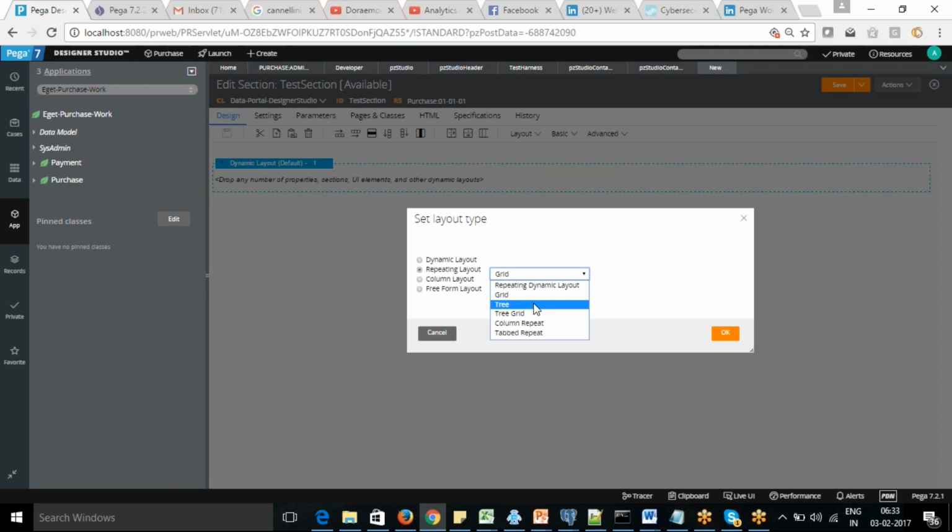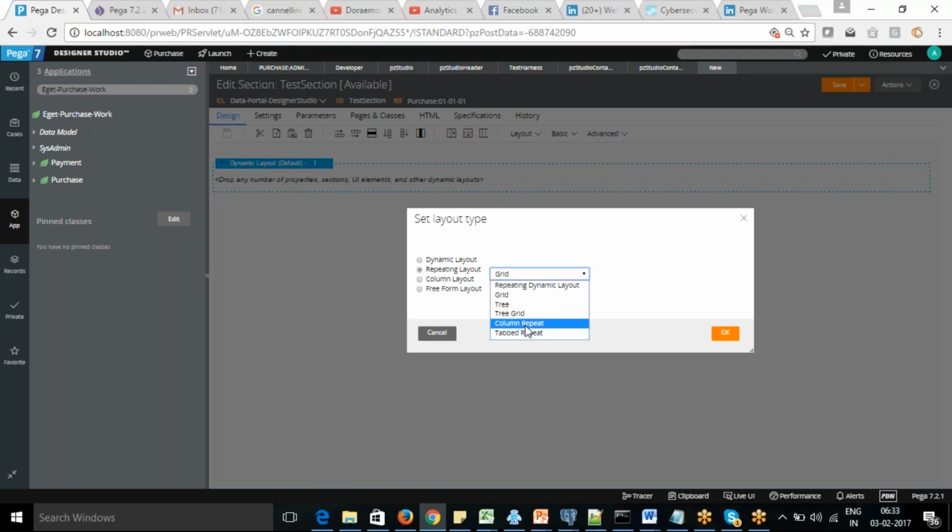If you want a tree-like structure, say in your organization you have 5 managers and within the 5 managers you have 5 more reportees under each one, then we can go with the tree grid view. One level will be the manager, within that you have some manager level, and within that some more levels. That we can display within the tree architecture.